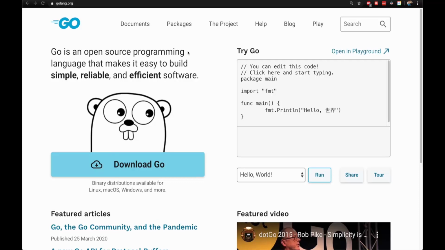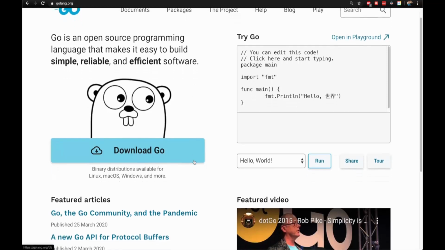So here we are on the website of Go. You can see the website name golang.org. In here you can see it is given as Go is an open source programming language that makes it easy to build simple, reliable and efficient software. So you can click on download Go